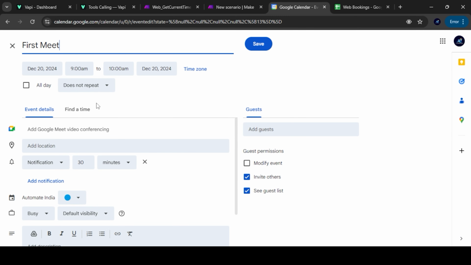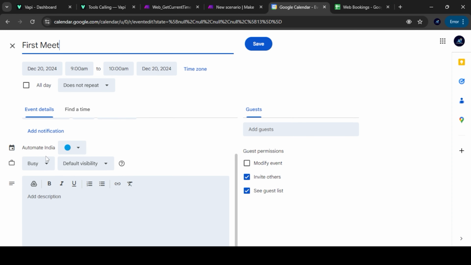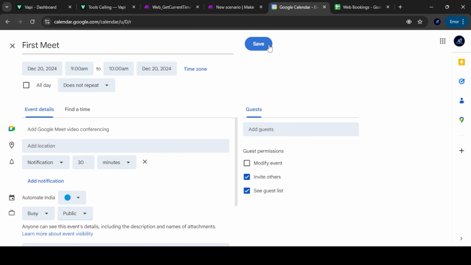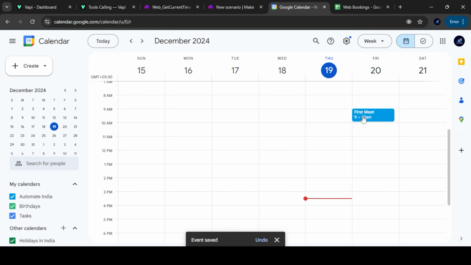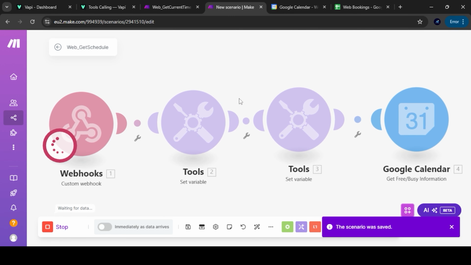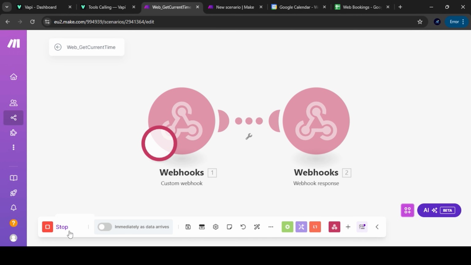First mid, 9 a.m. to 10 a.m. And what we have to do, keep it as busy, default visibility, let's keep it public. Color, let it be blue. That's it. So we have marked the slot as first mid. Now see what output you will get. Let's run this scenario. Run this one as well.